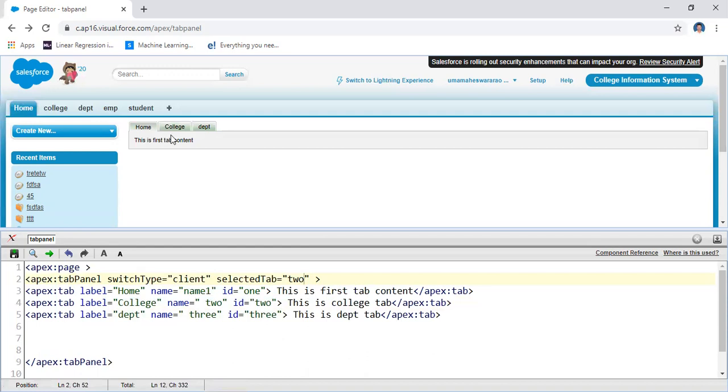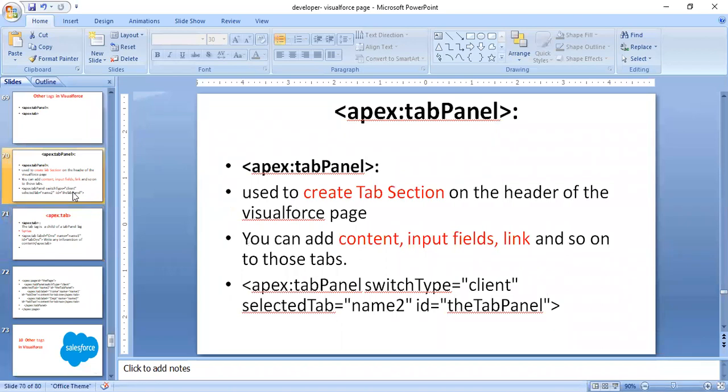that's not like that. Initially, it is selecting the one tab. Selected tab, not the ID, here name two, three. Verify the syntax for this one, selected tab syntax. Here, if you verify the switch to client and selected tab, name two, ID equal to tab panel.